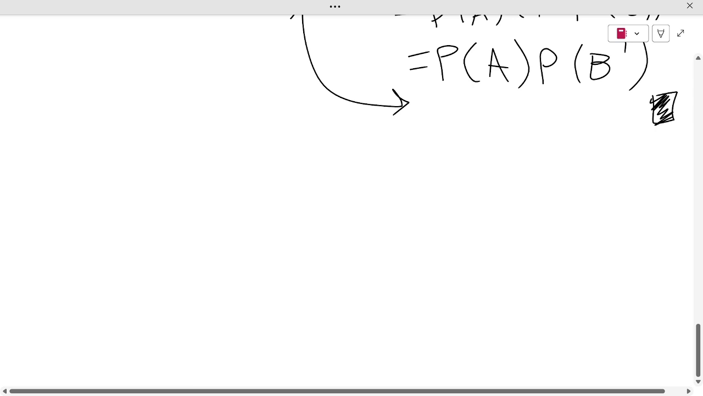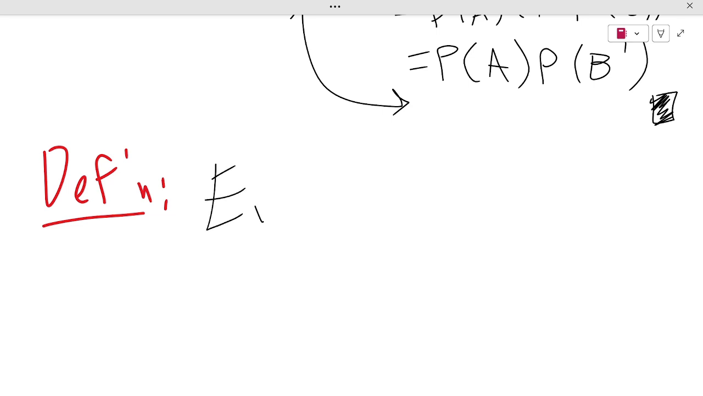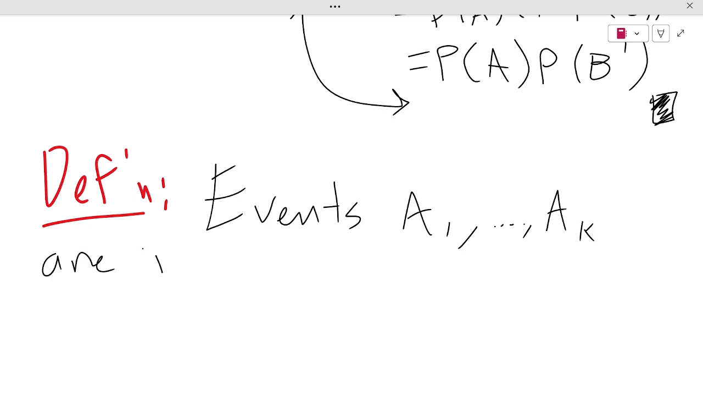But now we should talk about another definition. Okay, and this is naturally, like we talked about when we have two events that are mutually exclusive, how do we generalize those results to a finite number of events. It's the same process now. So we have a finite collection of events. So events A1 through AK are